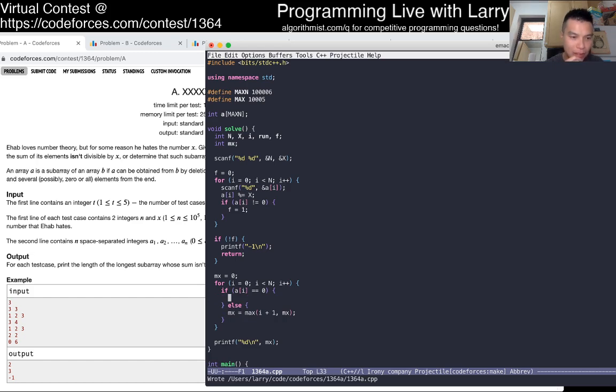Okay, so with a 0, we want the first non-zero number, which is something that we could keep track of. Okay. Oops. Use the same variable. First is equal to I, could be I plus 1.